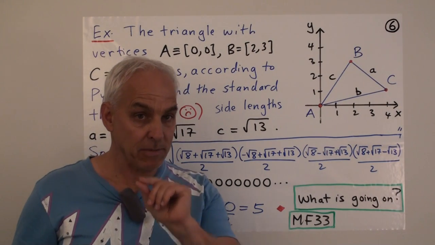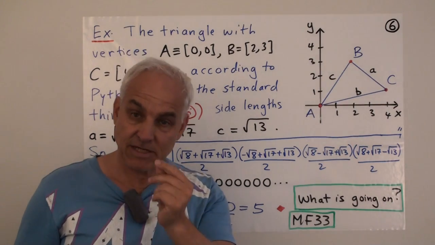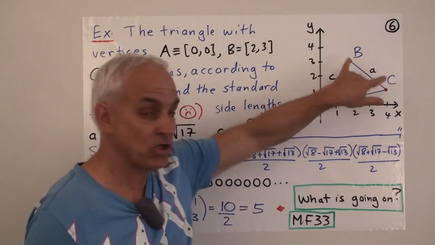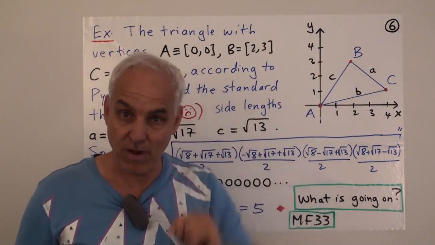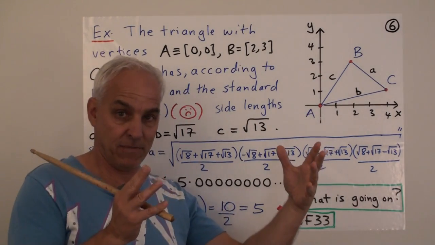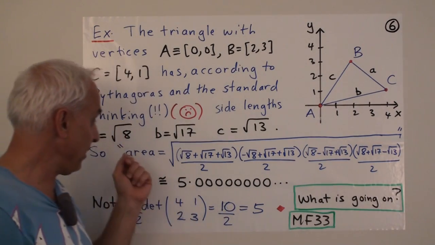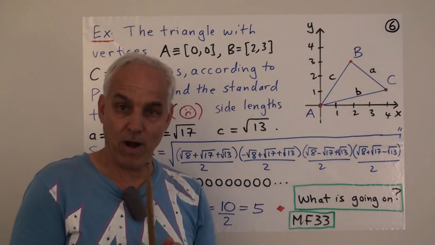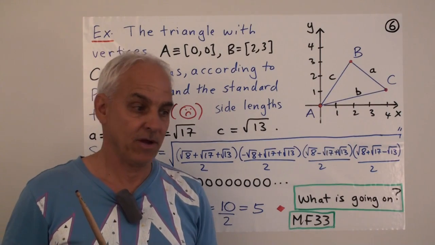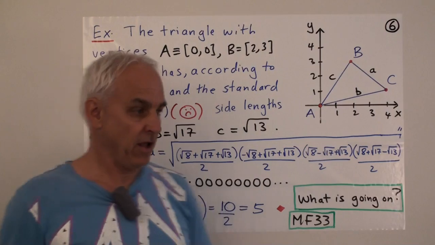I hope by now you're a little bit more suspicious about these kinds of statements, that you're starting to recognize that there's something highly problematic about such a statement: that it's assuming that there's a notion of length of a segment to begin with, that there's a context of real numbers in which this length has a value, and that the infinite amount of work required to actually calculate this square root of 8 in the real numbers is an infinity that we've actually completed and finished, and there's the answer.